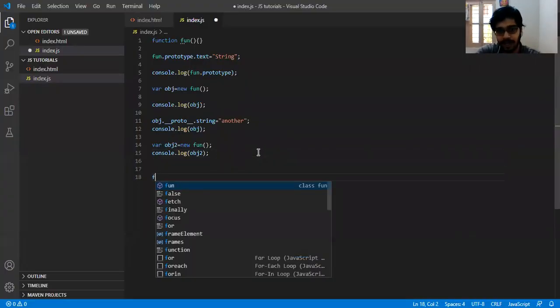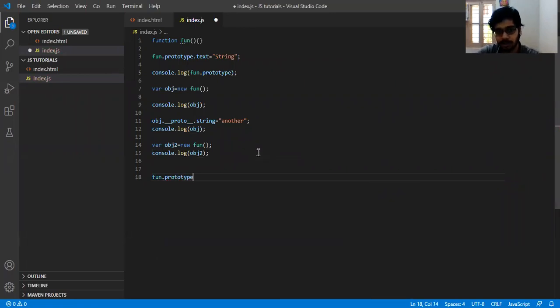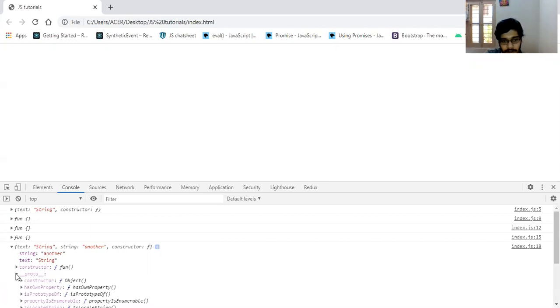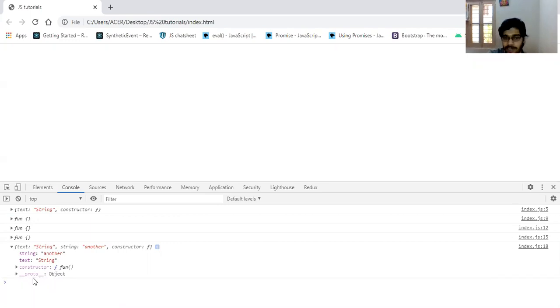Now if I print fun.prototype, what you get is the string another, you get the text which stores the value string, and you get the constructor property which points to the function, and you get the __proto__ property.